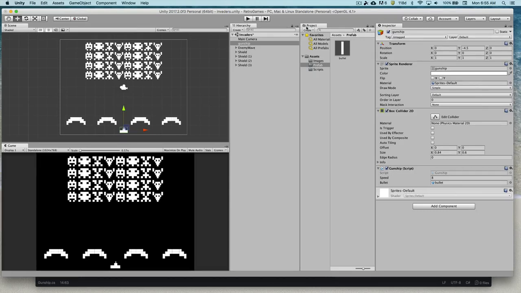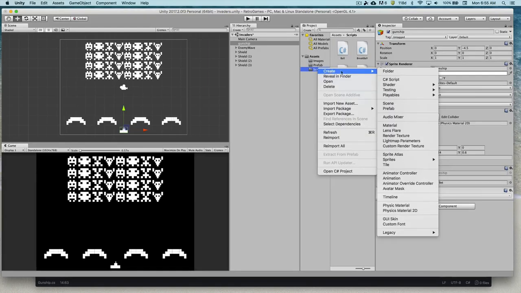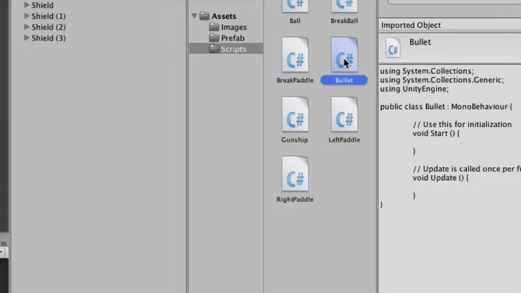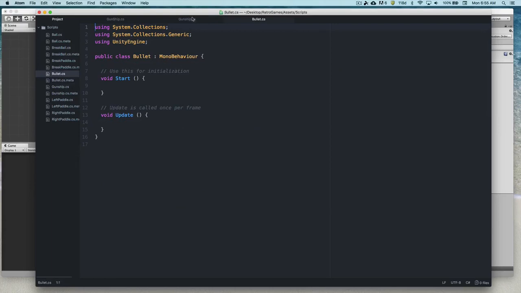Okay, so bullets being spawned, it's kind of being spawned a little goofy, probably to the side of your ship or to the left of your ship. We're going to go ahead and fix all that. And that starts off by creating another new script for, of course, the bullet. So once you create this bullet, we're going to double click, open it up, and start to code our